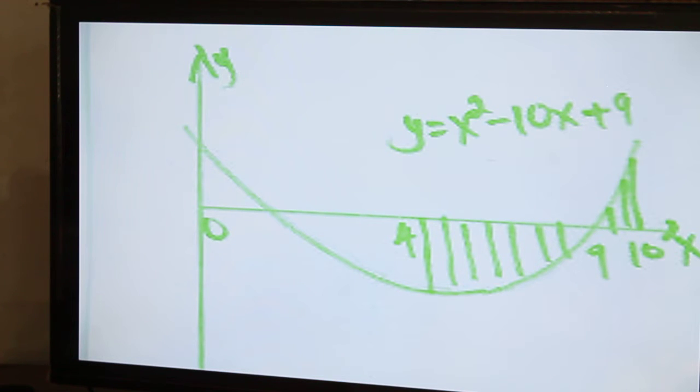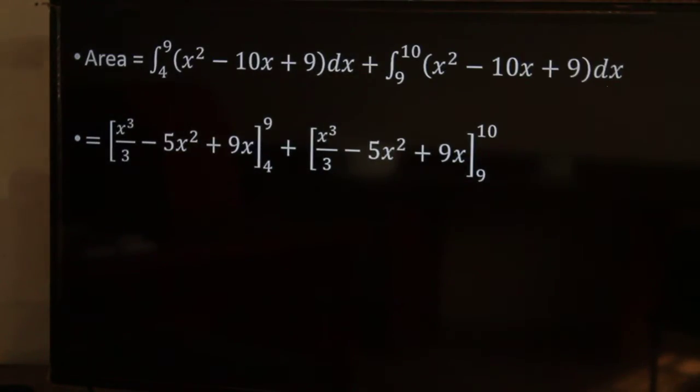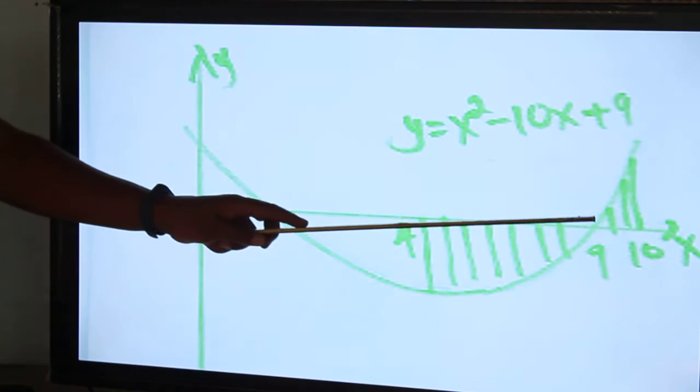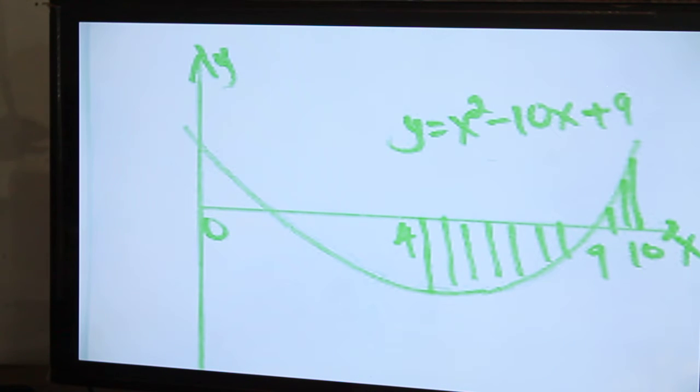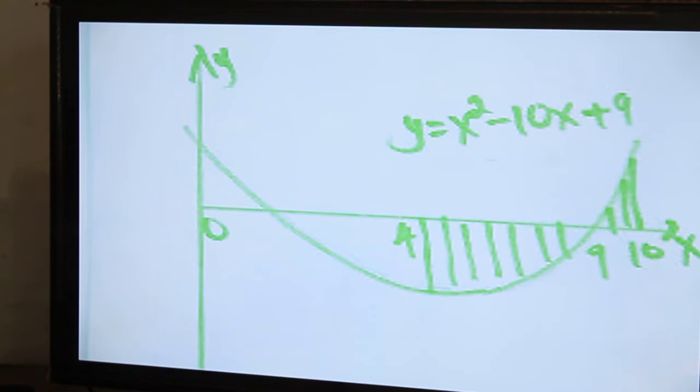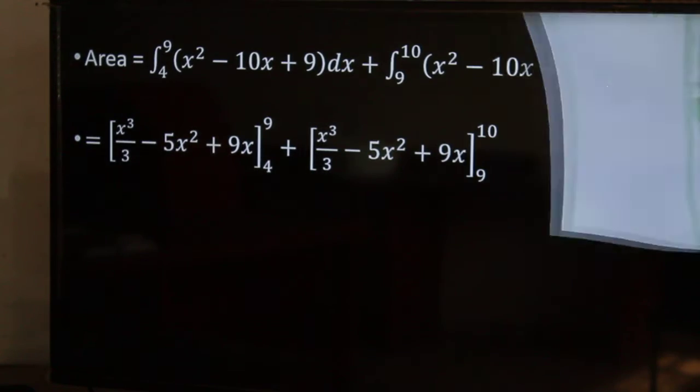In this case, we're going to have our lower part from 4 to 9. So when you're integrating our equation, it's going to be in two parts. The first part is from 4 to 9, as you can see. That is the bottom part. Then the upper part is from 9 up to 10. As you can see from my working, that is the technique that I'm talking about.